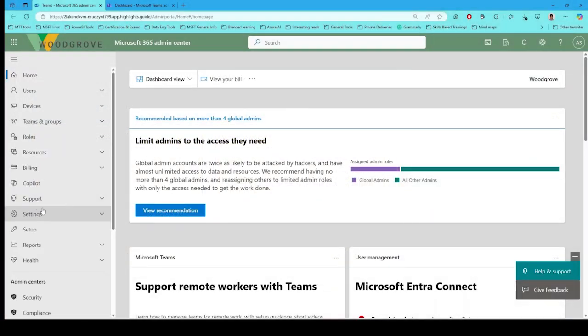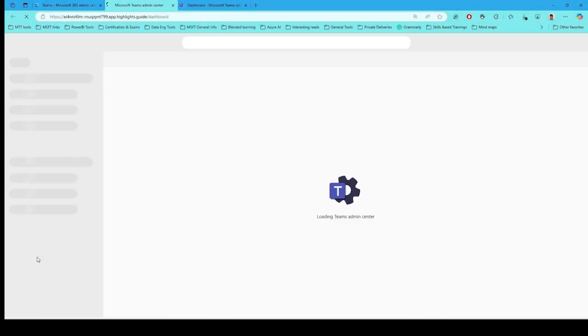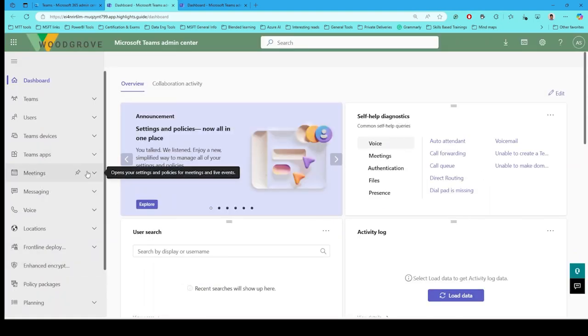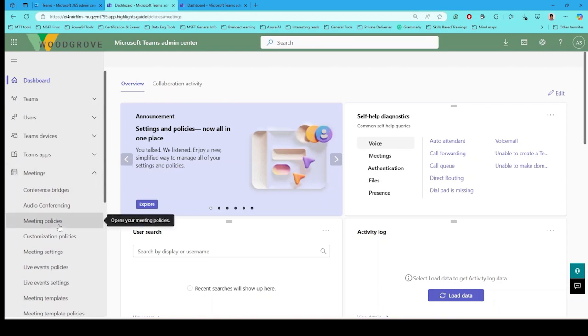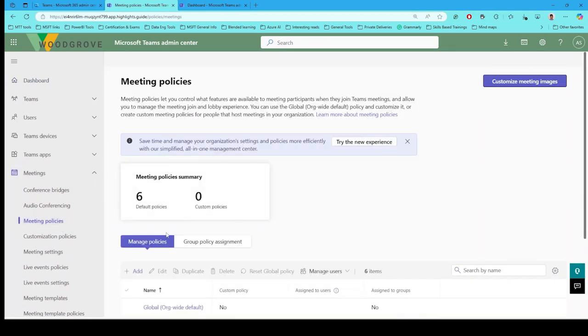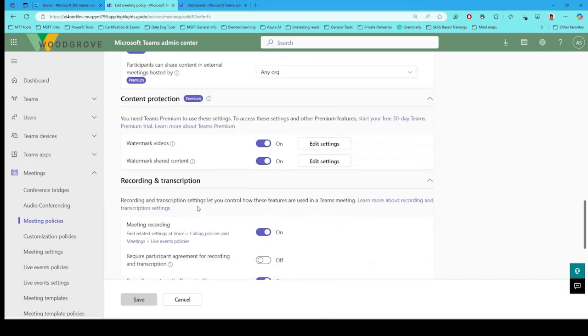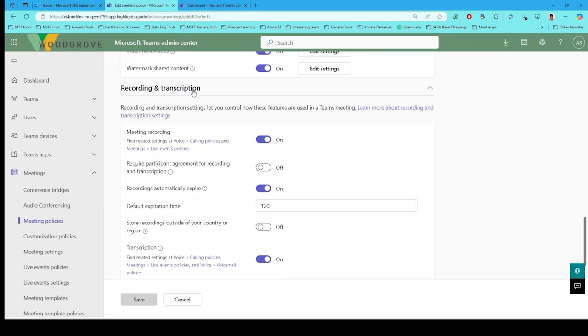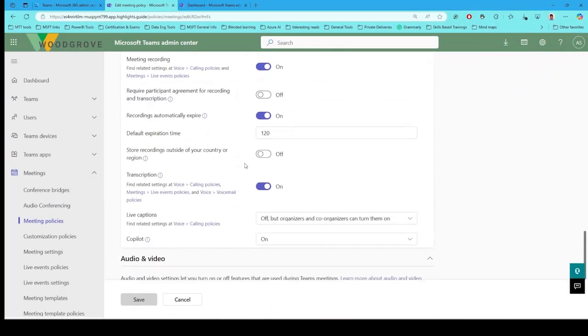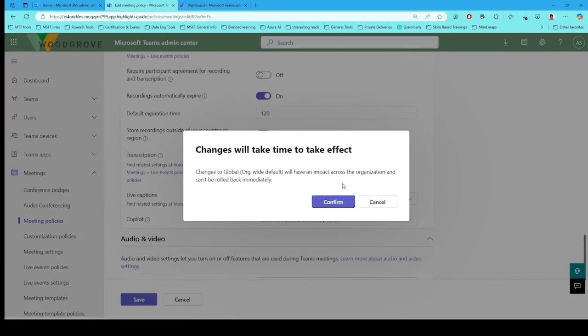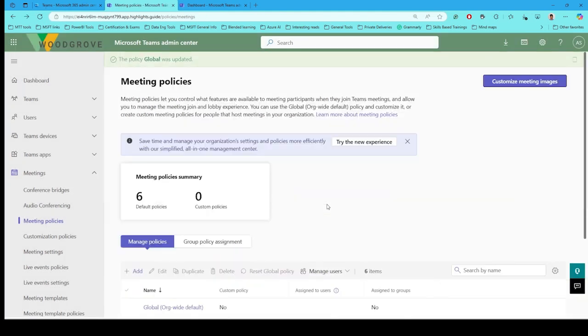You can manage your transcription policy using the recording and transcription section in the Teams Admin Center. Various options are available, including enabling or disabling transcription during the meeting or after it ends. This flexibility allows for different combinations of settings to suit organizational needs and compliance requirements. Some organizations may want to disable transcriptions and only have the capability for some users. And sometimes transcriptions can be turned off for the whole organization.